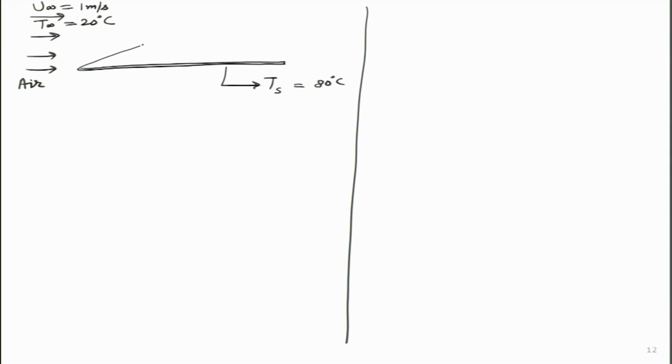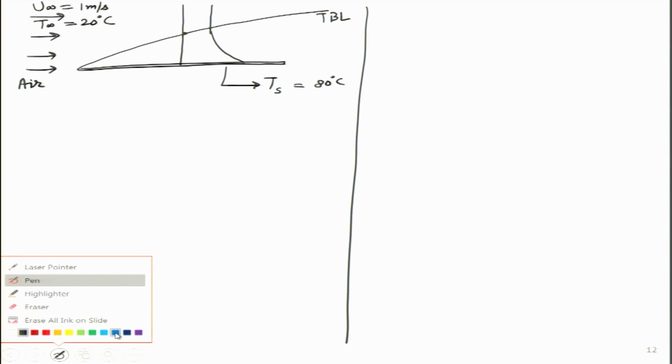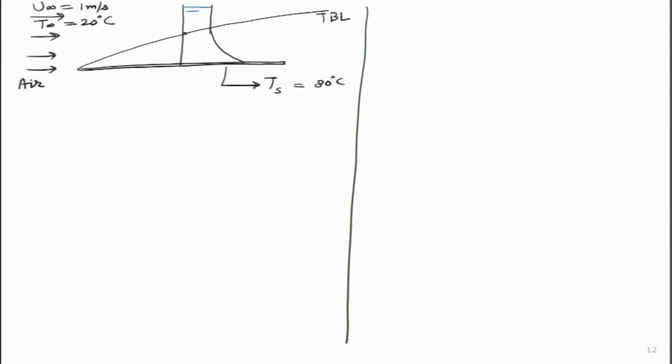So, we know a thermal boundary layer will be formed over here. I will call it the thermal boundary layer, and we have learnt in the last class how to draw the temperature profile over here. It will look something like this. If I draw these temperature lines, the length of each of these blue lines represents the value of temperature at that particular point. So, this length represents 20 degrees, this should be 4 times that, and this length is 80 degrees. So, the temperature here is 80 degrees.